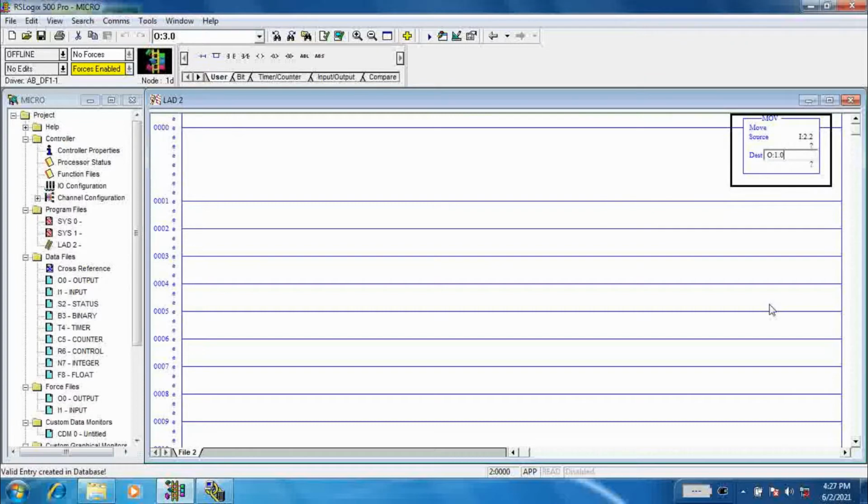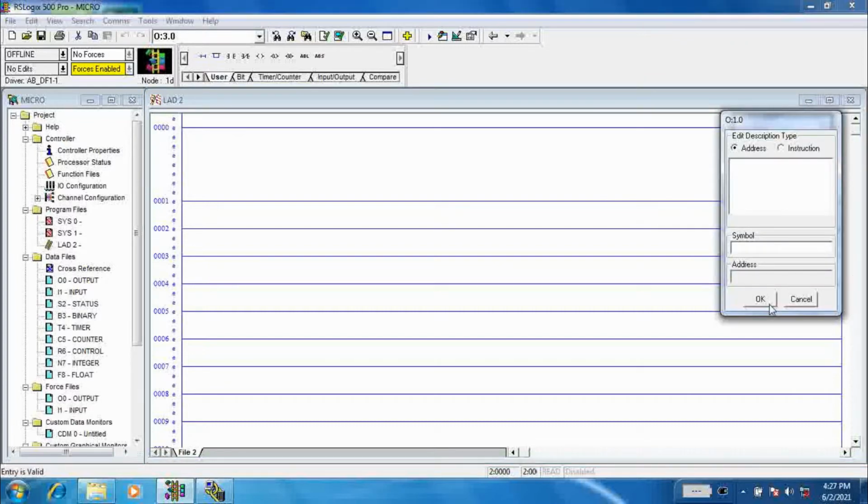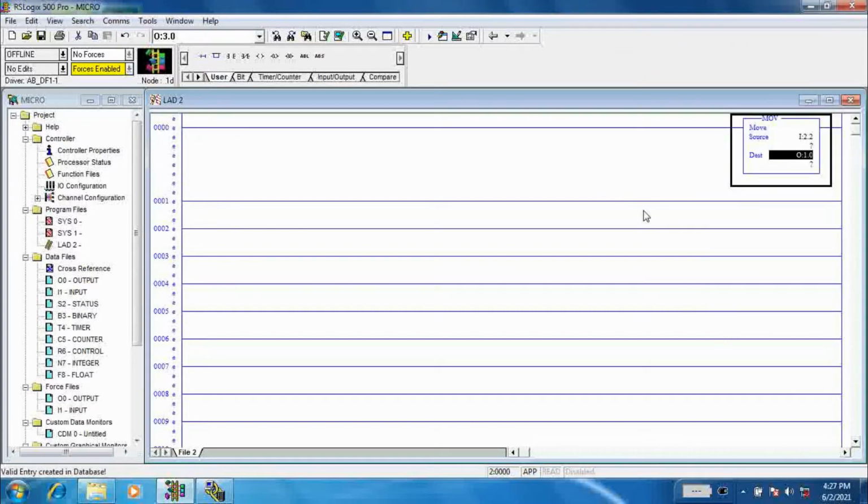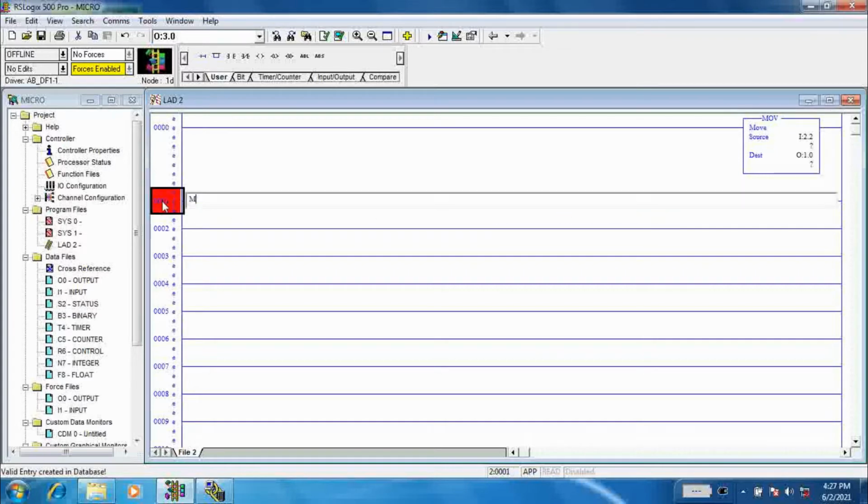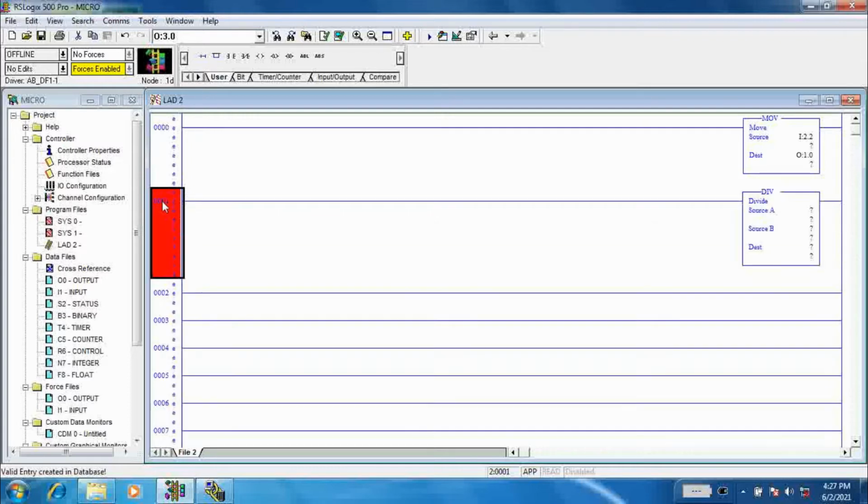In I2.0, I have connected the 4 to 20 milliampere signal generator, whereas the voltage meter is connected at output 1.